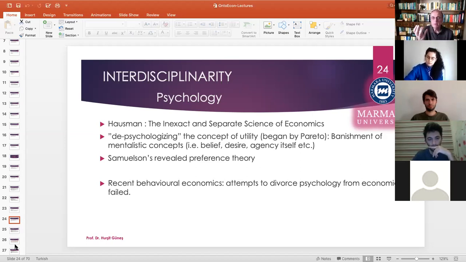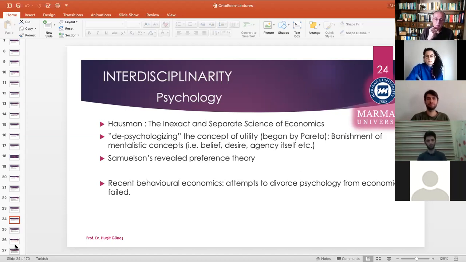The utility concept is there, and the utility concept may rise or decline, but it doesn't differ from one person to another, and it doesn't differ from one instance to another, unless there is another change. Now, Samuelson's revealed preference theory, this is something very important in game theory too, because Samuelson's revealed preference theory is the core of neoclassical